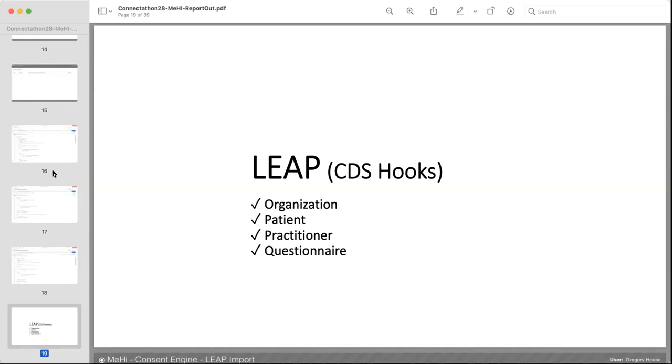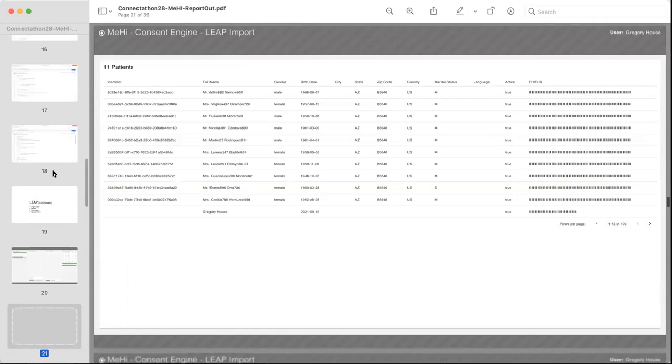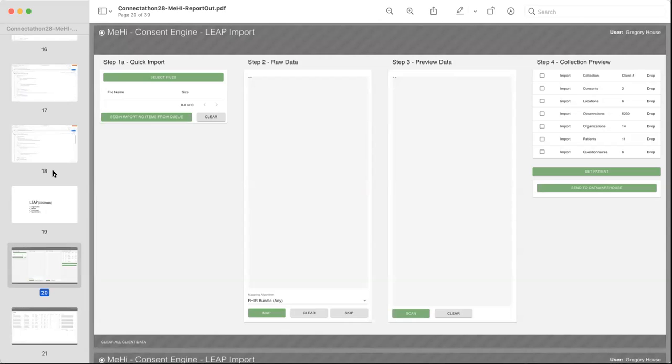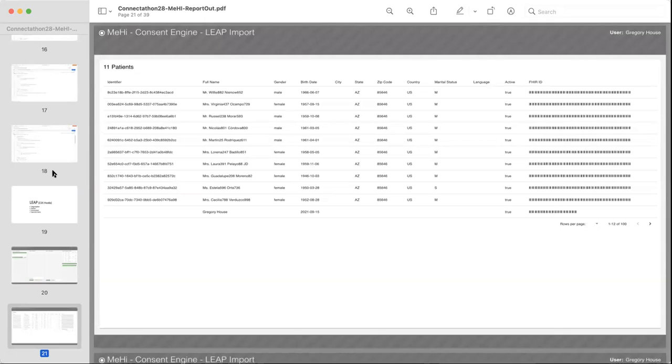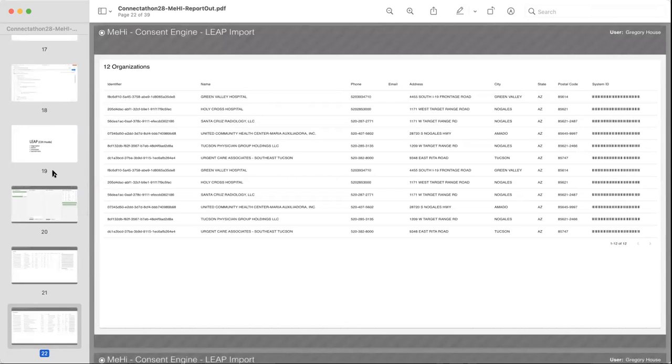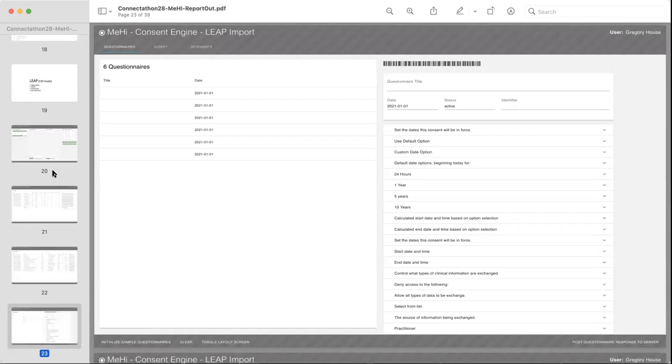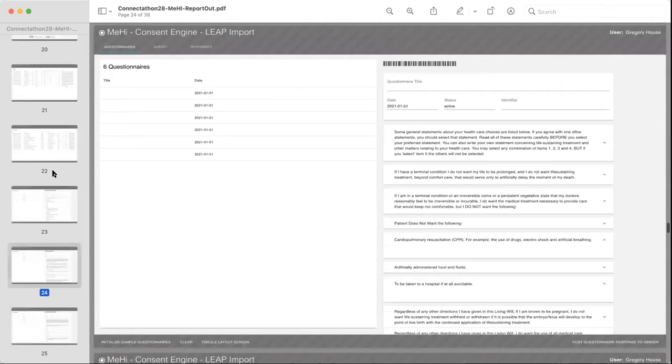upon watching the videos, I was like, well, let me run and do the Leap implementation and see what artifacts are in Leap and see if we can load those in. Again, we were loading the data in, lots of observations, lots of patient data there. Questionnaires, the questionnaires were really high value. Let's see here, there were the dozen or so patients, got all the organizations in, and then we started pulling in the questionnaires. I will note that the questionnaires coming in on Leap are coded differently than Gravity.